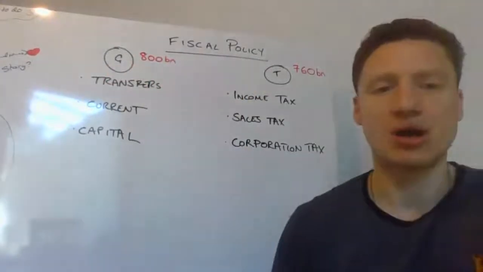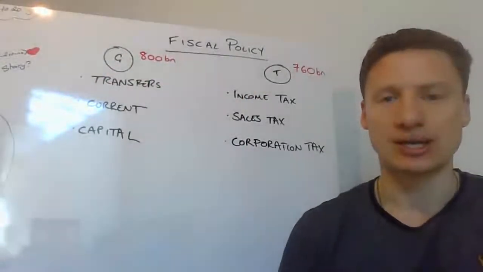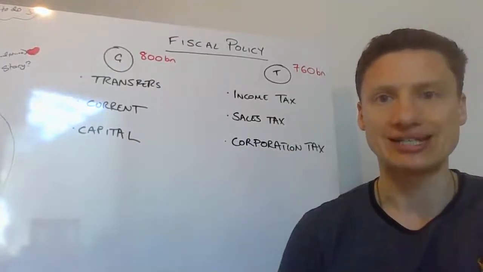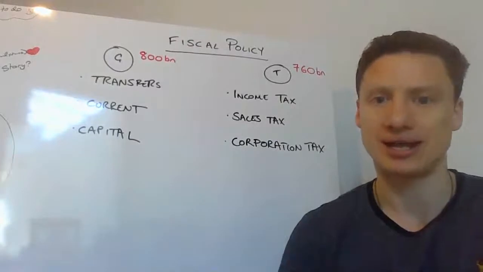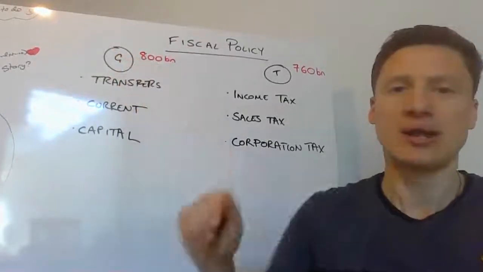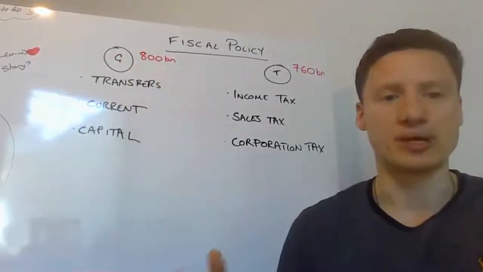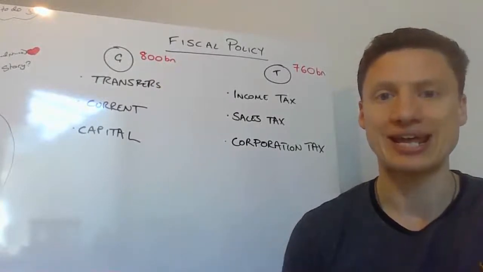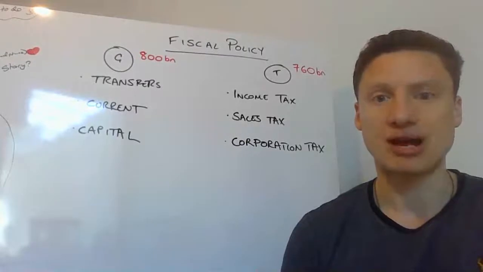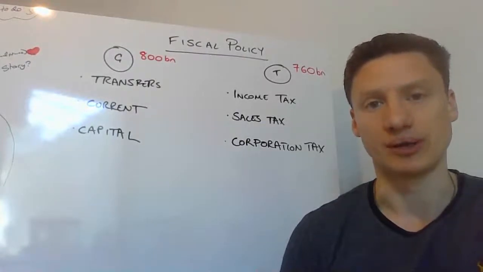The two tools then are government expenditure. That is G, the component of AD. AD, remember, has 5 components: C, I, G, X, and M. Okay, so that's G. And I've put here 800 billion because according to our last figures of government expenditure, the UK government is spending around 800 billion pounds per year.